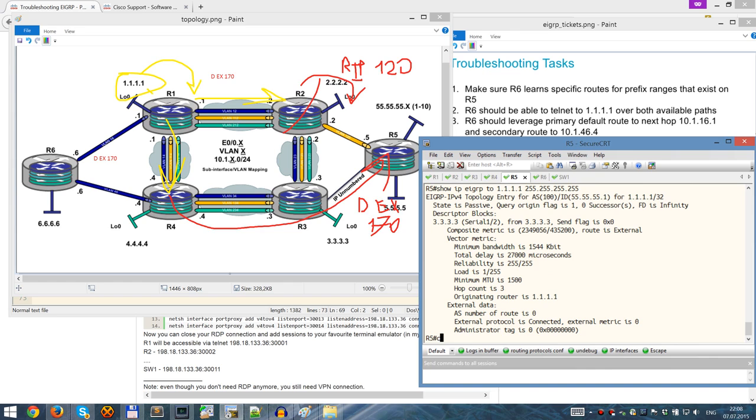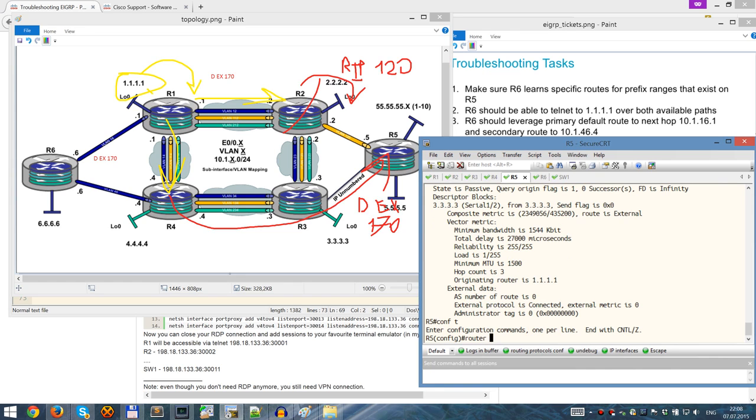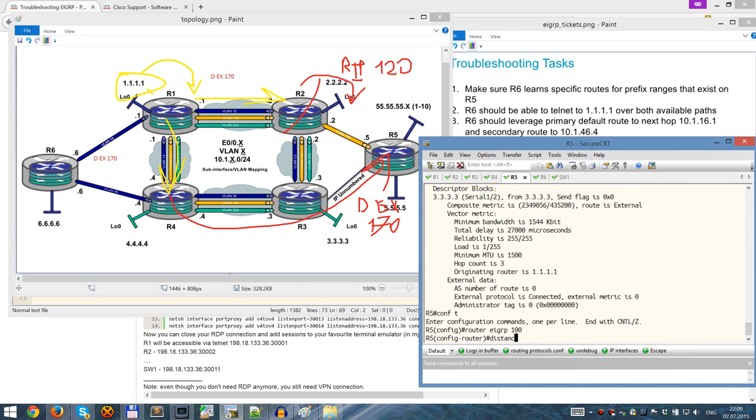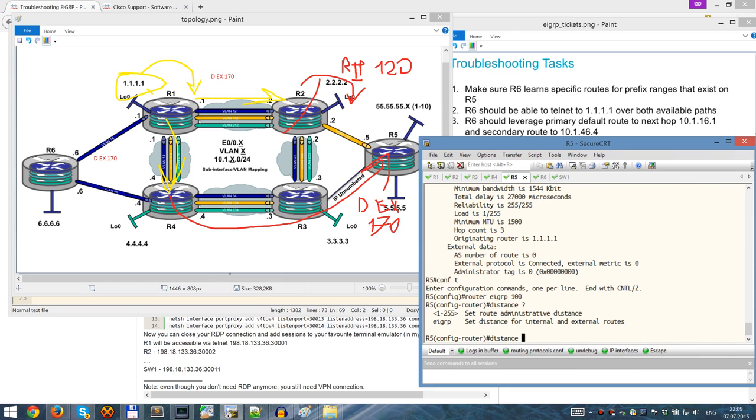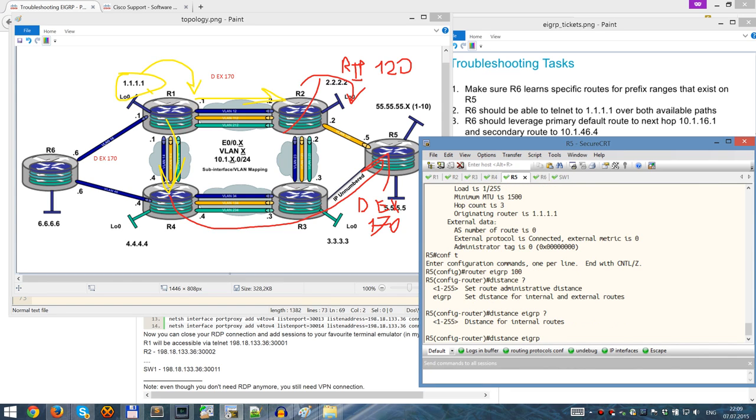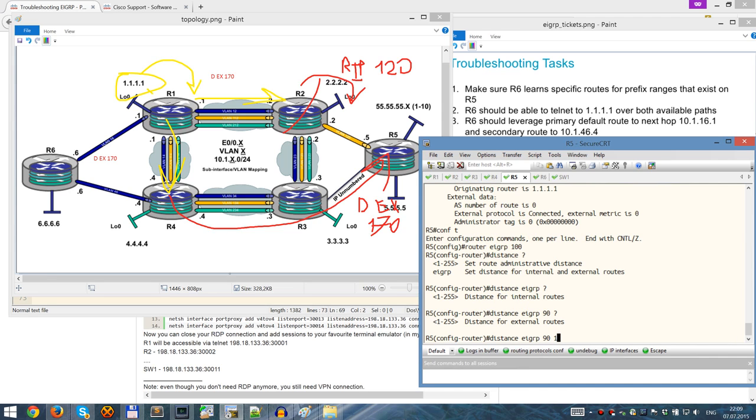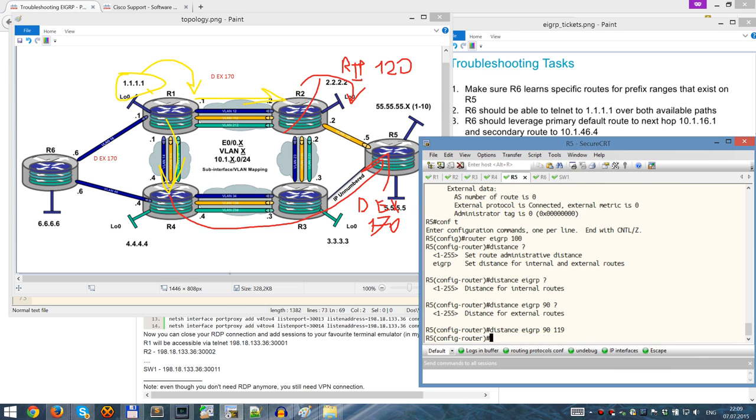Let me do this. Conf T, because we can't increase the administrative distance of RIP, since we can't influence RIP in this lab. We go to the EIGRP process and we do distance EIGRP: for internal routes, let it be 90, and for external routes it will be 119. Okay,